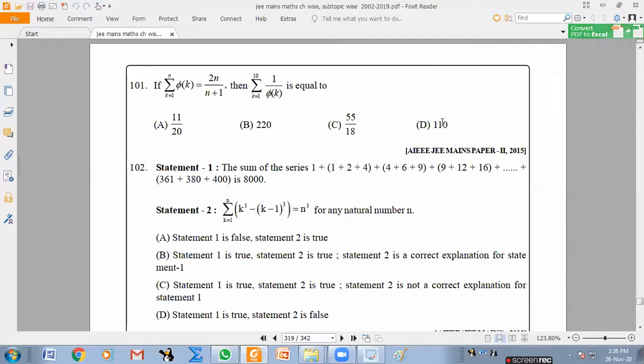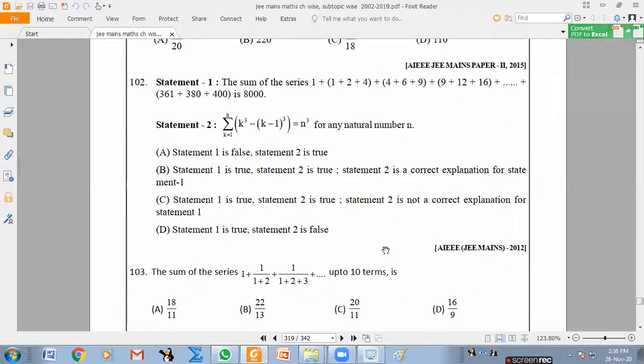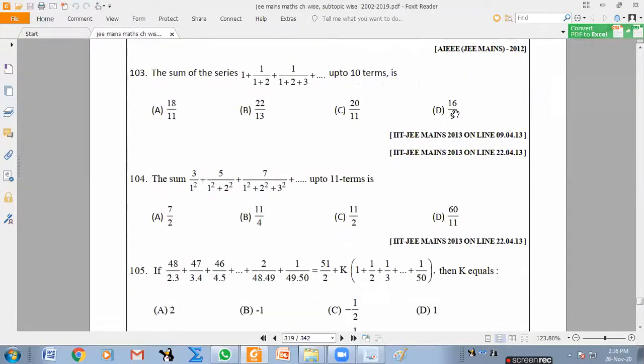Okay. So this 101 is that formula that we used. 102. Anybody any doubt? No. Directly looking at the question, whether we got the idea or not, we don't know. But I think statement 2 will give an idea how to proceed with statement 1. Am I right? Yes, sir. Okay, up to 105. Sir, 105. Okay.